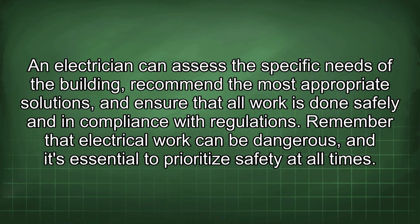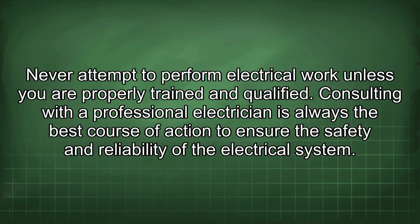An electrician can assess the specific needs of the building, recommend the most appropriate solutions, and ensure that all work is done safely and in compliance with regulations. Remember that electrical work can be dangerous, and it's essential to prioritize safety at all times. Never attempt to perform electrical work unless you are properly trained and qualified. Consulting with a professional electrician is always the best course of action to ensure the safety and reliability of the